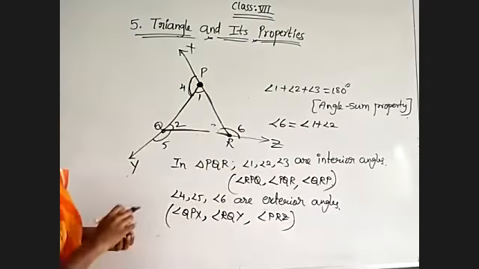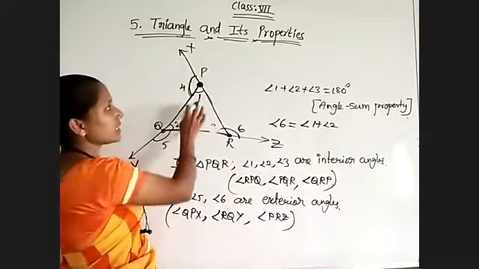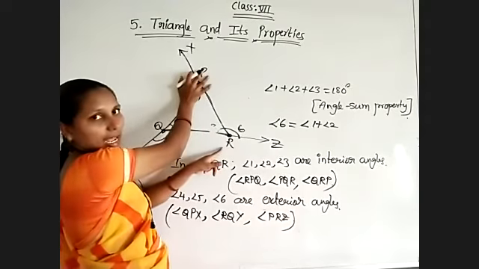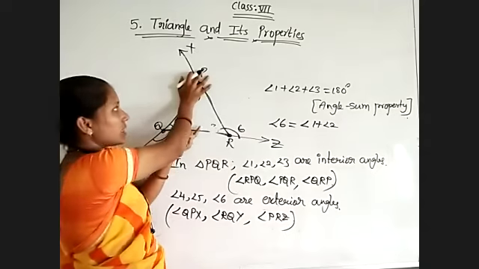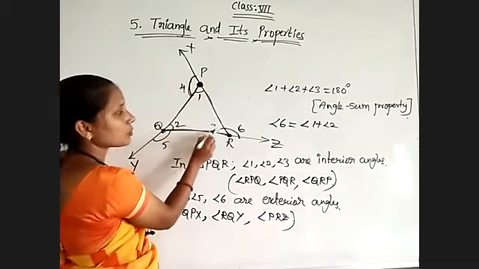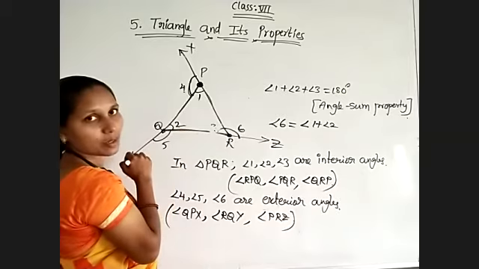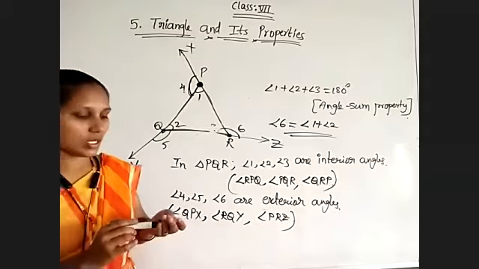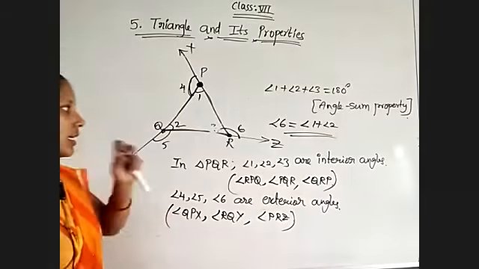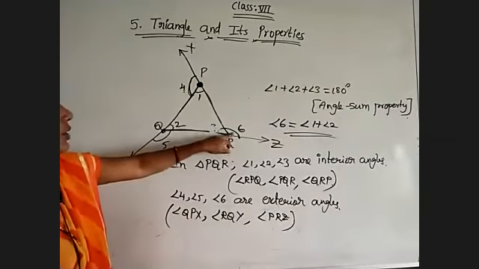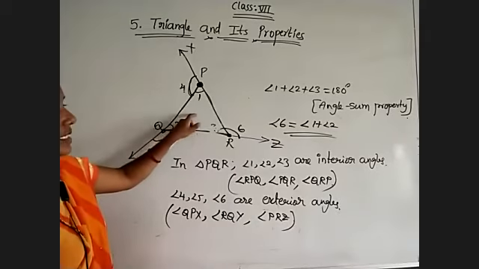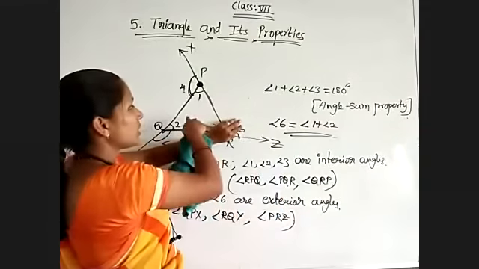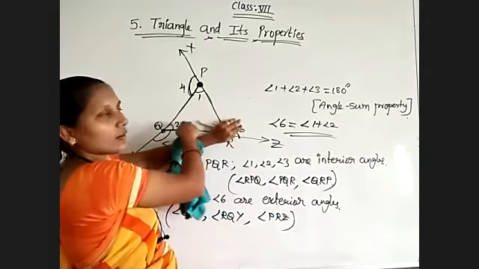So just observe wherever you are talking. Suppose I am talking about P, then Q and R are the remaining angles, and in that we have to consider only interior. So angle 4 must be equal to angle 2 plus angle 3 according to the exterior angle property. And this property we need to prove also, like the angle sum property. The exterior angle property states that the exterior angle of a triangle is equal to the sum of the two opposite interior angles. Here at 3 I am taking the exterior angle, so angle 6 is equal to, 3 we shouldn't write, the remaining two angles, angle 1 and 2.